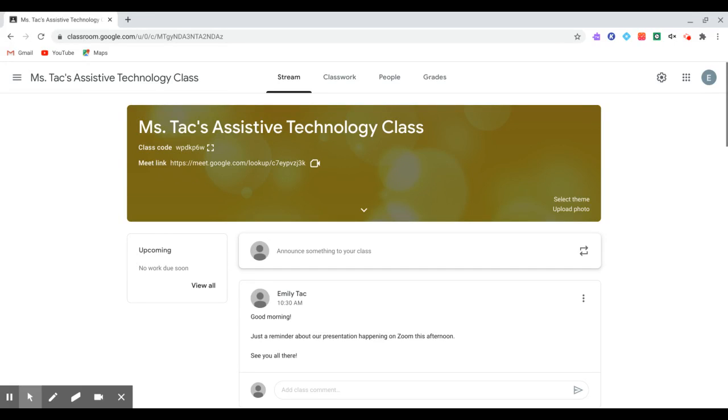Today, we're going to be going over a workaround for creating breakout rooms in Google Meet. This method can be used if your school doesn't have access to the breakout room feature in Google Meet, or just as an alternative method to creating breakout rooms. First, I'll explain how I created this workaround, and then I'll explain any additional steps or features that you